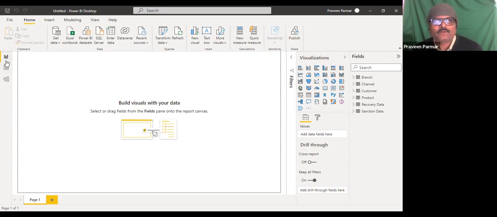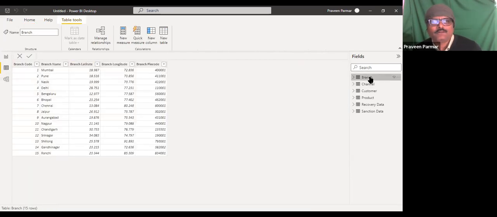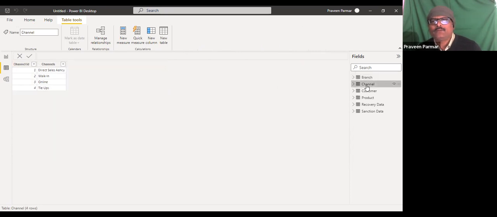You could see all these here. If I click here, I have this already. So I am getting the branch code, branch name in the branch table, branch latitude, branch longitude, branch pin code. Second, if I click on channel, you will see channel ID, channels.